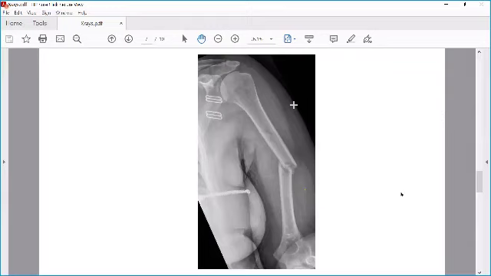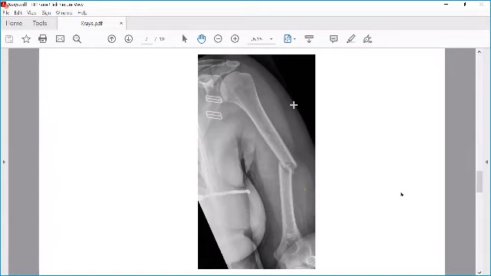So what fracture is this? This is a shaft of humerus fracture, no? In this one, they can ask you one more thing: what is associated with this fracture?